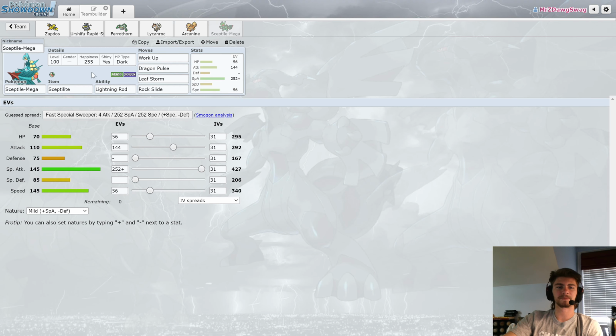And our last mon, changing it to shiny this week because I feel like it. We got our Mega Sceptile, running a Swords Dance, Dragon Pulse, Leaf Storm, Rock Slide set. So Rock Slide is there for his Volcarona and his Togekiss. Obviously, we cannot hit Togekiss very well, and if this thing wants to just win the game in the end, then we need to make sure that we can hit everything. Leaf Storm is going to hit a lot of things very hard. Dragon Pulse is there mainly for